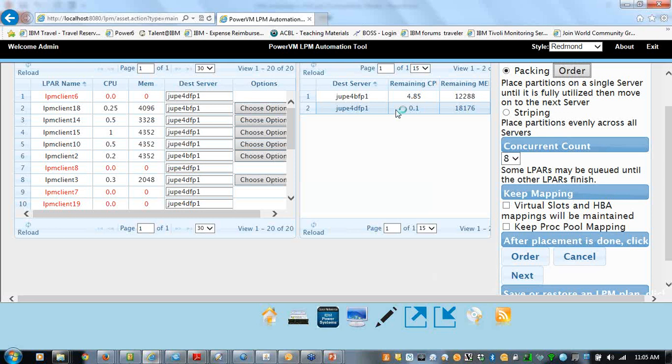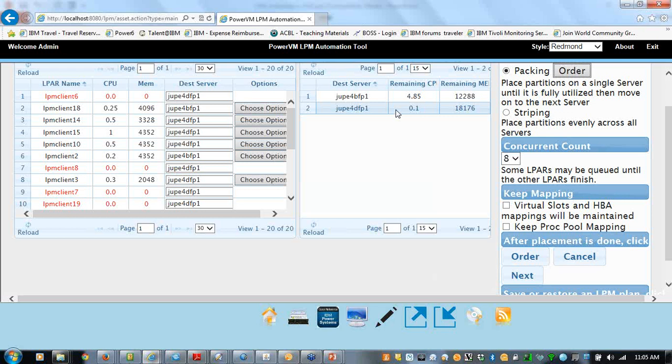We'll take that largest CPU partition first, and we'll put it on the least full, the most empty server first. And then we'll compare them, and then we get the next biggest LPAR, and we say, oh, well, this server here is still less full than the other server. We'll put it on that same server.